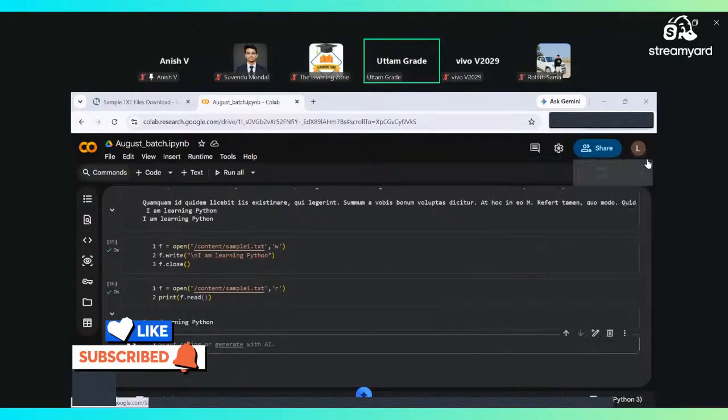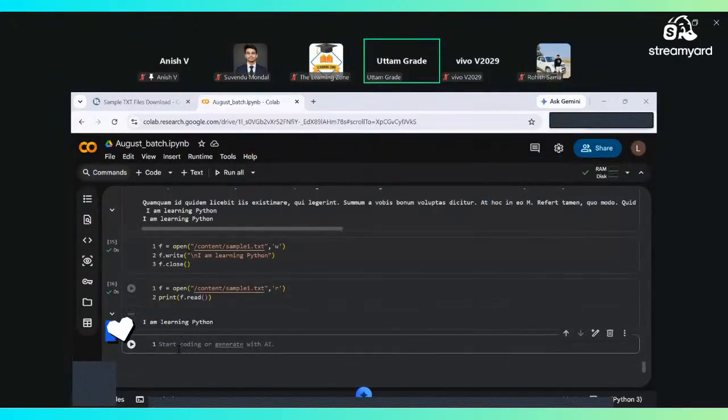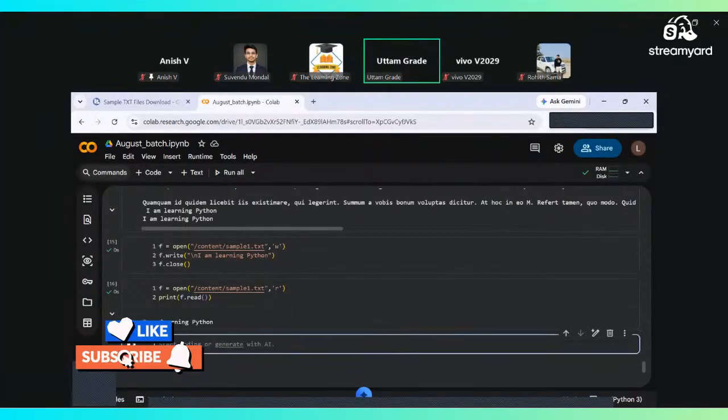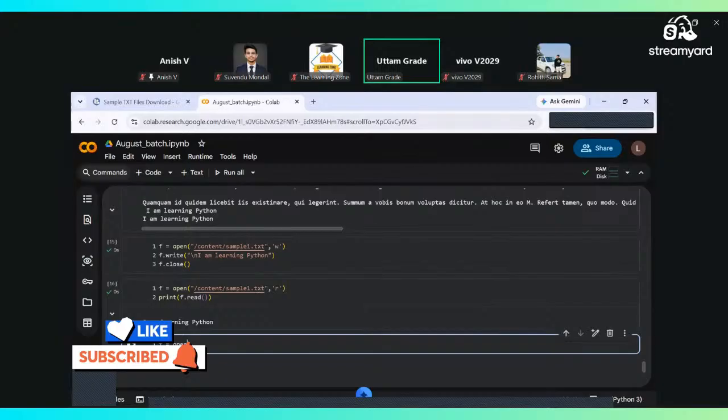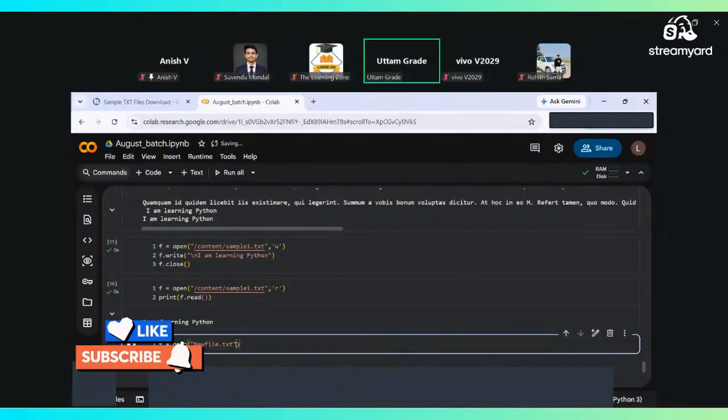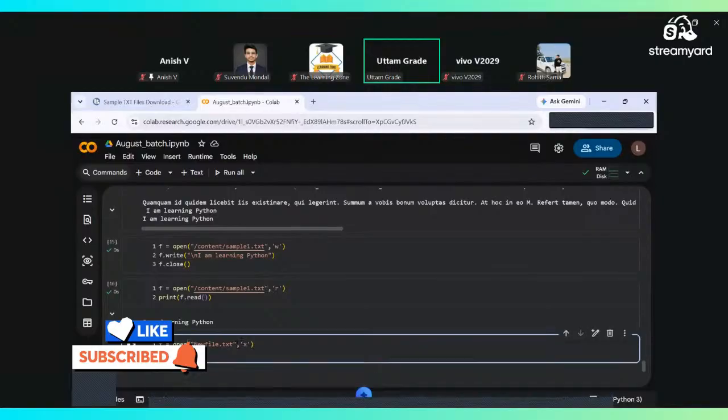Okay. Now the next thing is the create function, right? So create is like creating a new file basically. So it's simple. f is equal to open, right? You'll give a file name. So if you are creating a file, you must give a file name as well. Let's say new file and the extension of it as well, txt, right? And then you'll mention an x over here, right? So then f dot close,